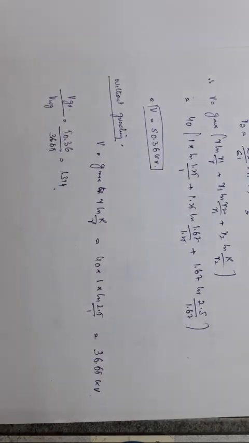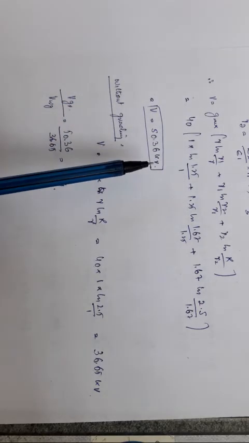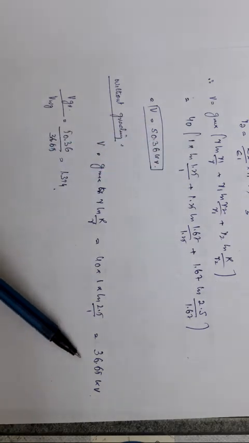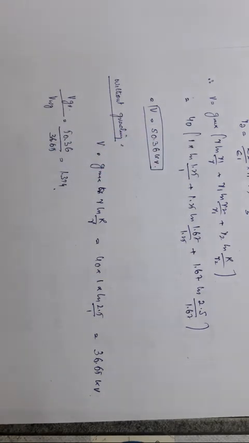Now let us try to find out the voltage without grading. That will be equal to V = Gmax R ln of R by R. That is equal to 40 into 1 into ln of 2.5 by 1, which is equal to 36.65 kilovolt. You can see the difference here. The operating voltage can be up to 50.36 kilovolt without exceeding the Gmax. Here it is only 36.65, which can exceed the Gmax. So you can see the ratio, the increase in the operating voltage for the same is 1.374, that is a 37.4% increase. Let us try to do some objectives on the same topic